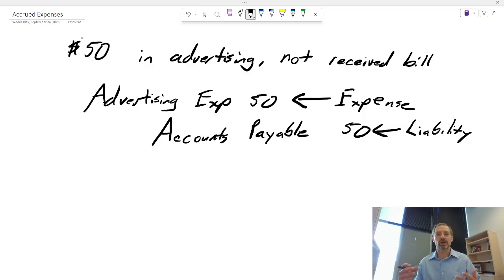So there can be a significant delay. And so this comes into play when we are at the end of a period, for example, the end of a year, and we're going through our accounts on the trial balance and saying, hey, do we have everything that we owe everybody here? And we look at this and say, hey, didn't our employees work? We now owe our employees for that work. We're not paying them for a week, but we need to make sure we update our accounts to show that we owe them this money.